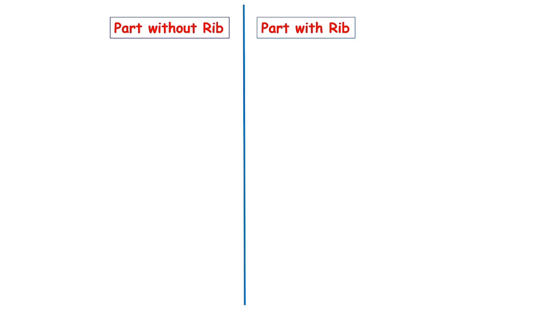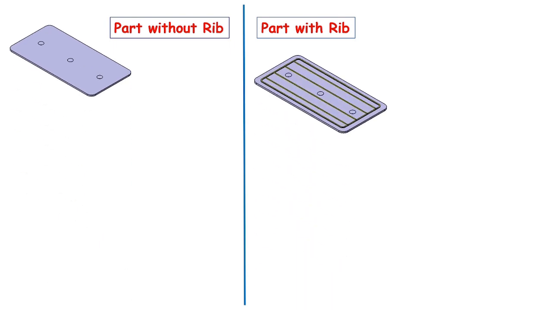Here we will see why ribs are important in plastic design on the basis of a comparison between a ribbed part and a part without ribs. So we will take two similar parts having the same size. The first part has no ribs, and the second part has ribs. You can see it here in detail. We conduct a small analysis on both parts to see the actual behavior of parts with rib and without rib.